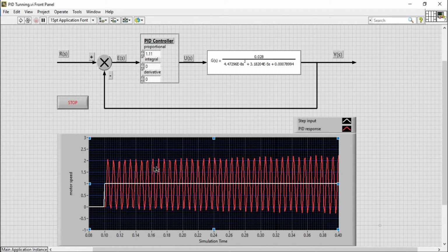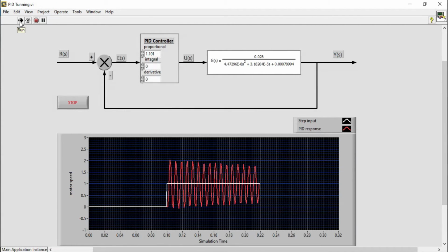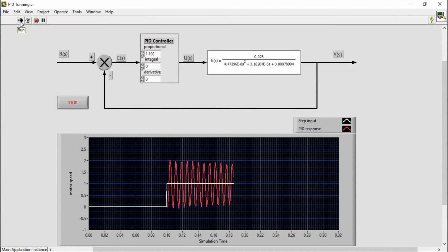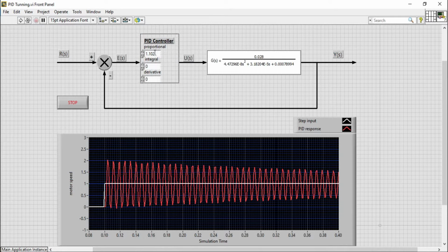Here again it is increasing type oscillations, you can see over here. Like this you have to set your KP value until you get sustained oscillations. When the oscillations die out, you increase again. So I have to set a value at which I get sustained oscillations.